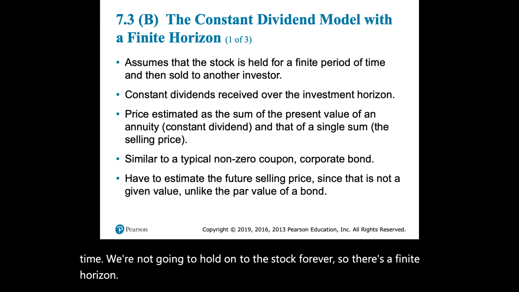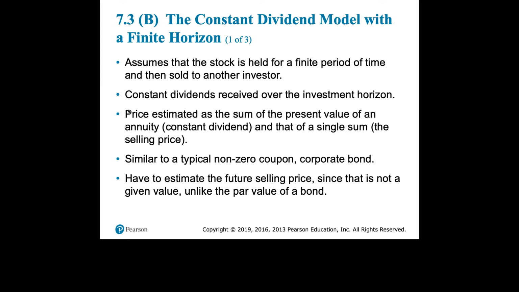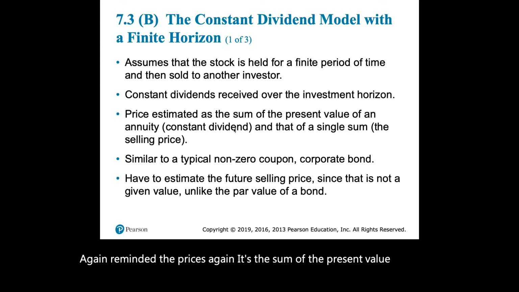So again, reminder, the price is the sum of the present value of the annuity, or the constant dividend. So it's the value of that dividend plus the single sum of the selling price. Okay, so those two components. And in this case, as usual, we're estimating that future selling price because we don't know